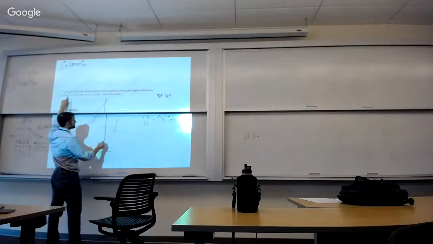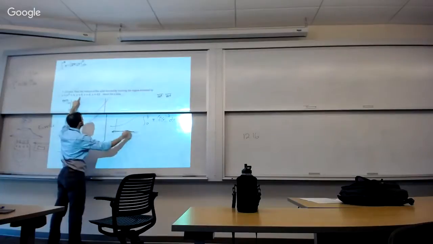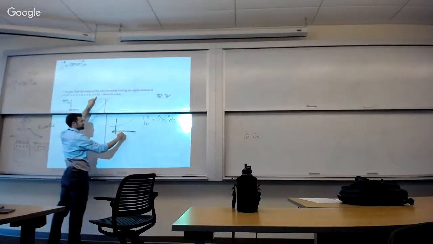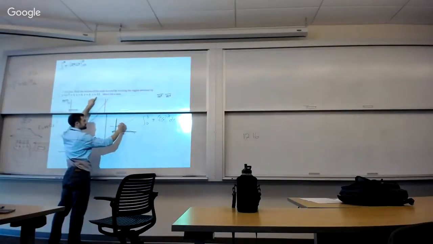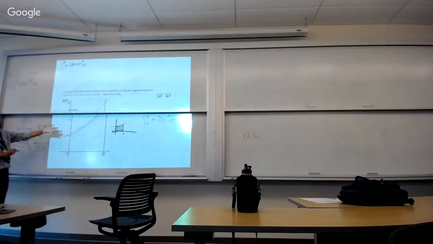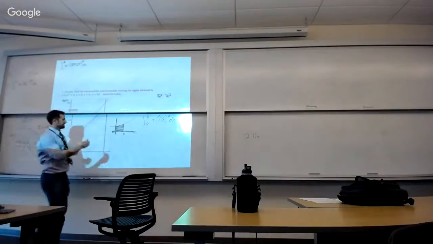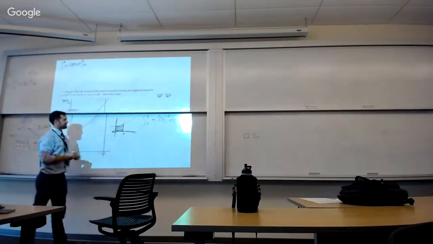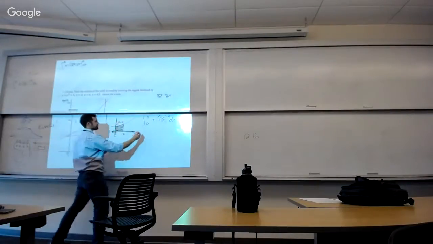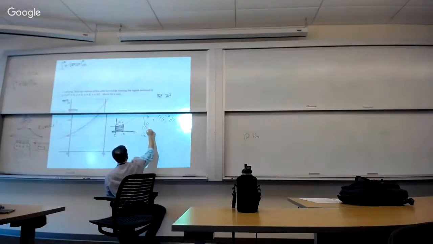What does e to the 2x look like? It's exponential. Y equals 0 is the x-axis. X equals 0 is the y-axis. And x equals 0.5 is a point right here. So do you all see the solid that we're rotating? It's that piece right there, and that's what I drew for you on this graph. It's going to rotate around and around the x-axis. We're going from 0 to 0.5, and the function is just e to the 2x plus 4. So we write down our integral from 0 to 0.5 of pi times